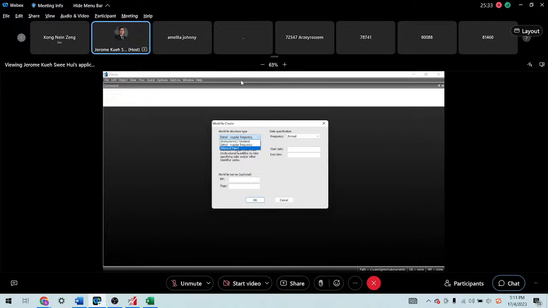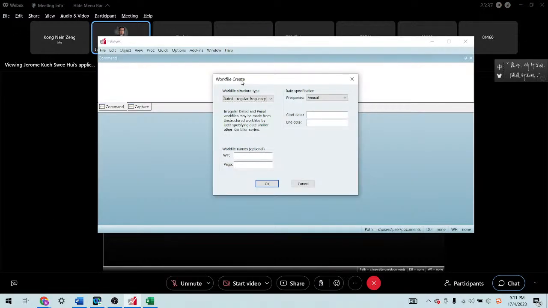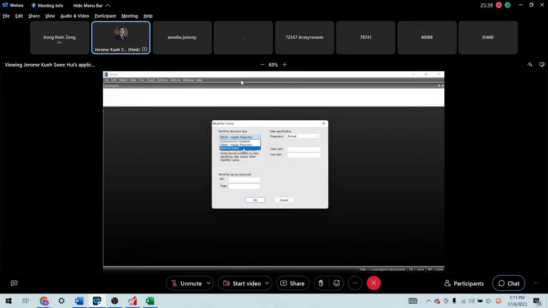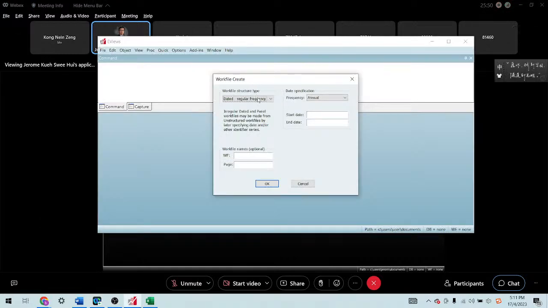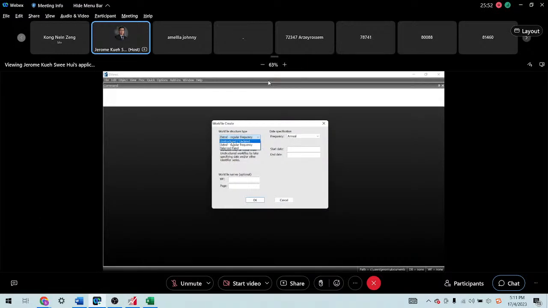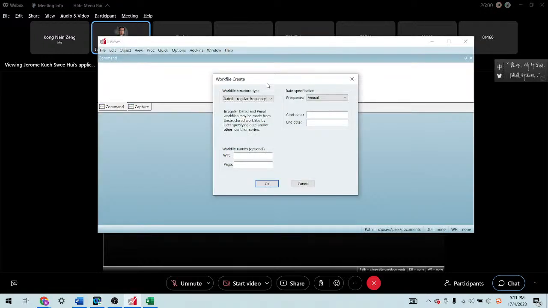The third one is balanced data, the combination of cross-sectional and time series analysis, known as panel data analysis. So even in the eViews setup, we initially need to decide which type of analysis we would like to run. Since this is time series analysis, we choose the dated or regular frequency.